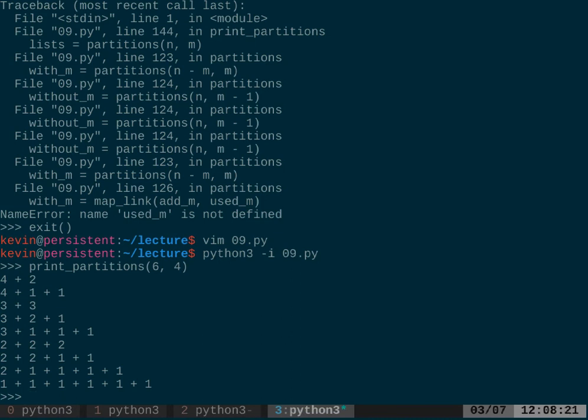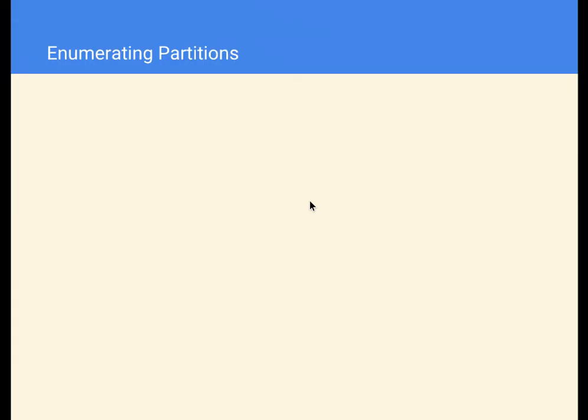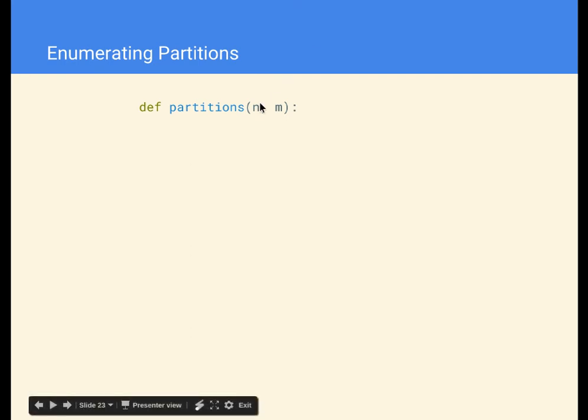This takes so long to draw. Almost there. All right, that's empty. So notice the difference. This is a totally different structure. And so what MapLink sees is, I have a link of 1 item. And that 1 item here is the empty link. And so remember the way MapLink works is that it applies the addM function to each link in this list. So now I have a link of 1 thing.